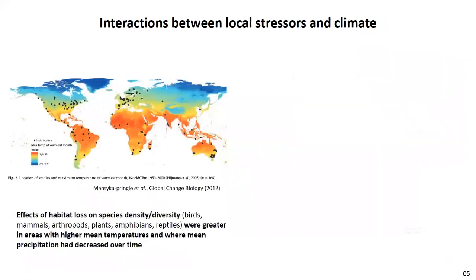Here we can see a study from Montoya and Pringle, who performed a meta-analysis with thousands of studies from different parts of the world on the effect of habitat loss on biodiversity. They found that the effects of habitat loss on species density and diversity were greater in areas with higher mean temperatures and where mean precipitation has decreased